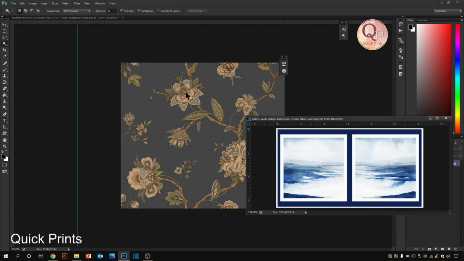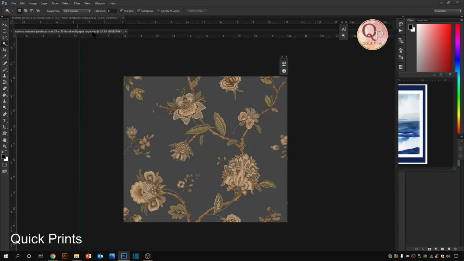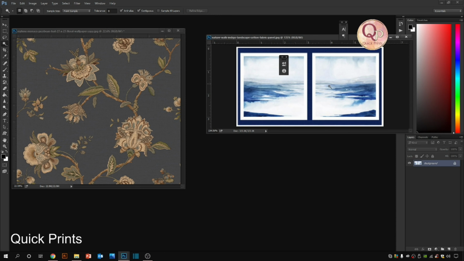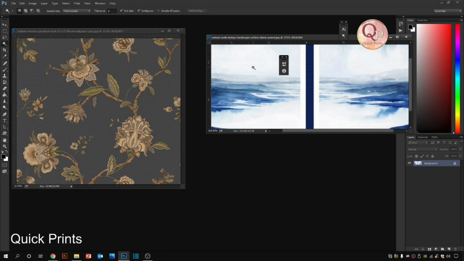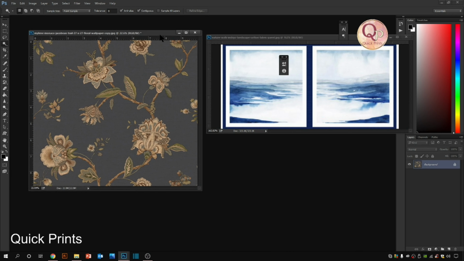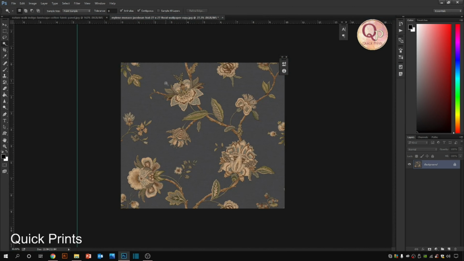Artwork from the internet. The link of the artwork is given in the description box. You can download it. Usually we have ready artwork for digital print, and sometimes we get a random, different reference which can't be done. Like now, I'm going to make the background of this dark image white, and the print colors, these beige, gold and green, should be indigo. So firstly we need to separate the background layer so that we can change the color.